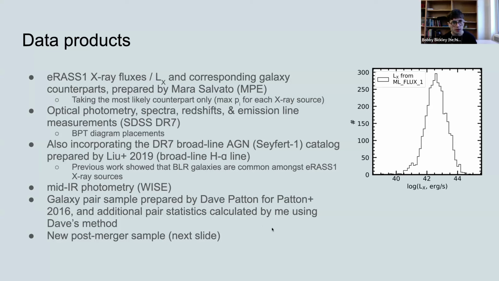And a couple other relevant samples. I have a galaxy pair sample for comparison against our post-merger class. And I also have a new post-merger sample, which I'm about to tell you about. One thing that I want to highlight here is that these are really luminous X-ray AGN. And part of this is because we're limited by the sensitivity of the eROSITA data. So we can only probe down to certain luminosities, but it allows us at least to look at the most actively accreting galaxies at low redshift. And corresponding to these really bright X-ray luminosities here.